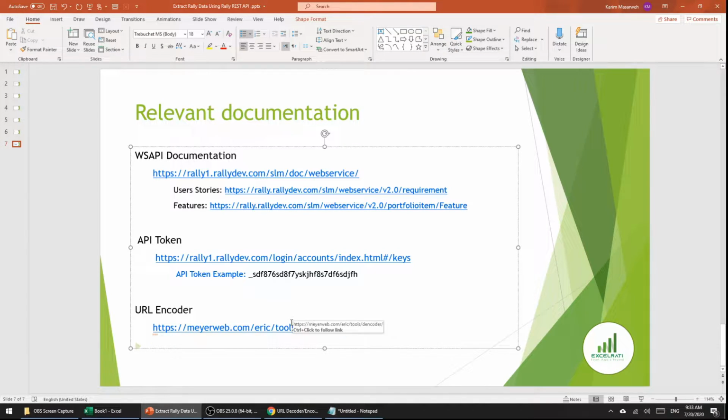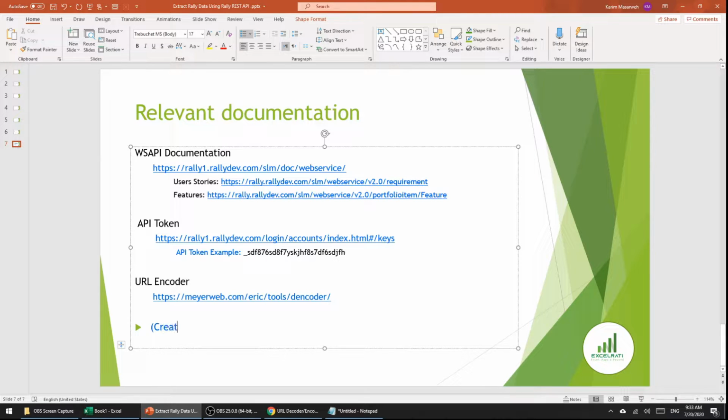Now let's go to Excel, but I'll just mention what kind of sample we're going to do today. Basically, I'm going to implement a very simple query that extracts user stories from a specific project, and it will be the user stories that were created before 10 days ago. If I would implement this in Rally itself in the UI, I would write the following